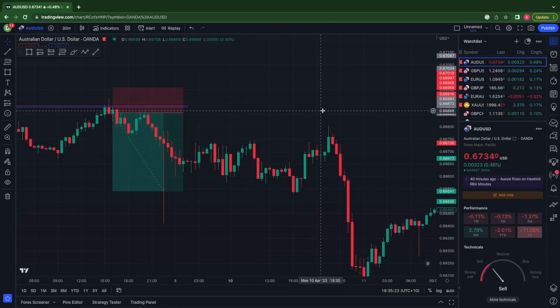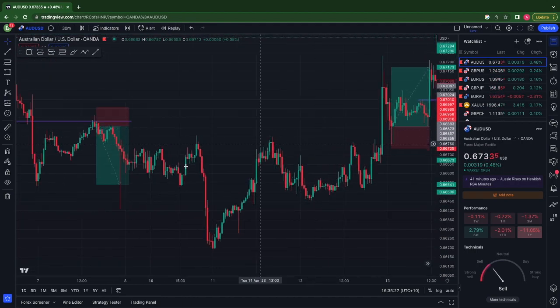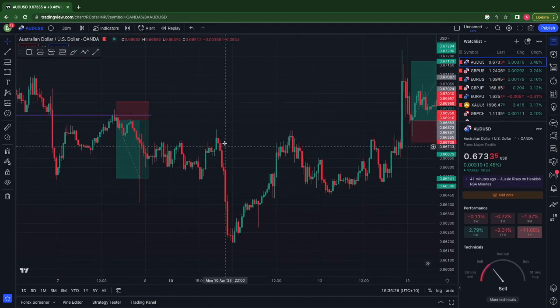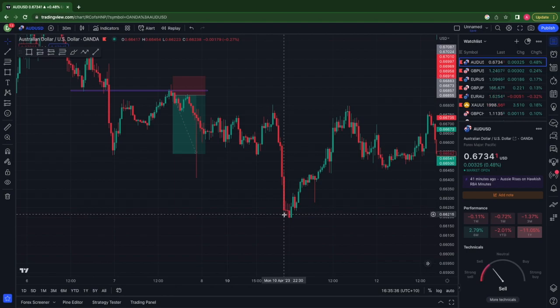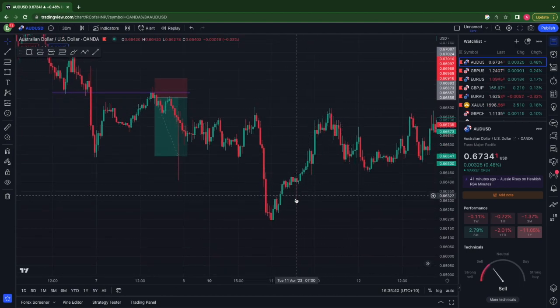If I zoom out a little bit, this is where I start to change bias. We have this huge momentum to the downside here, and then all of a sudden it's just halted, it stops, and we see a push back up. We then see price try to break down, we see it try to break back down here and here,